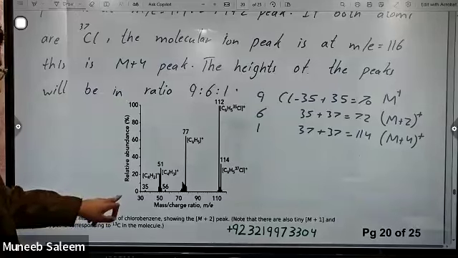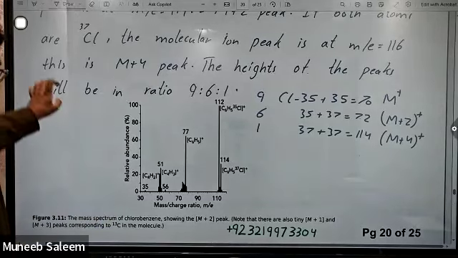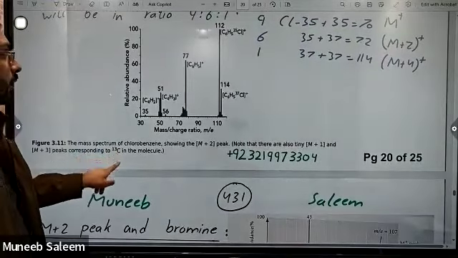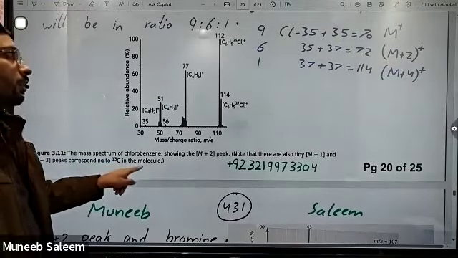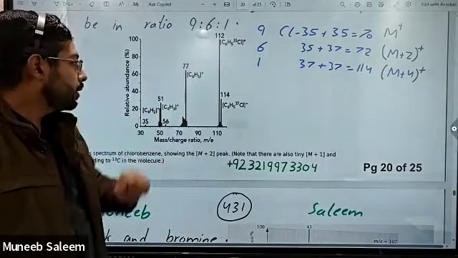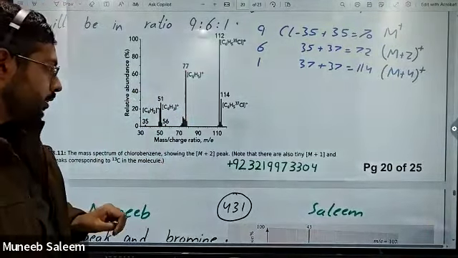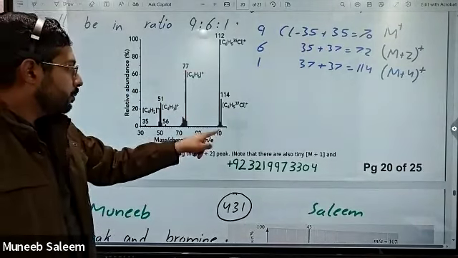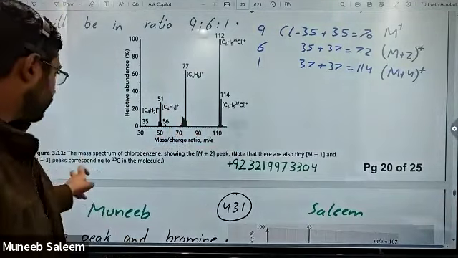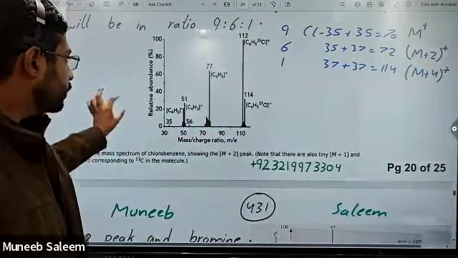So this one is showing a molecule of chlorobenzene. Chlorobenzene has only one chlorine atom here. So that's why we find only one chlorine atom here. The value is 112 for here. And there's an M plus 1 peak over here. Now the M plus 1 peak at a value of